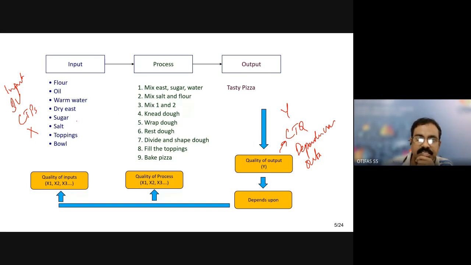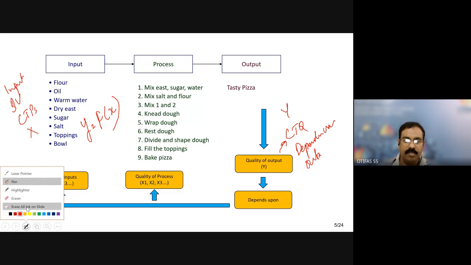Now the gist of Six Sigma is known as Y is equal to f of x. That means Y is a function of x. The complete Six Sigma problem solving is based on this: Y is equal to f of x. Now in the measure phase, we are going to learn about the different data types, X and Y, etc. This is all about learning Six Sigma.